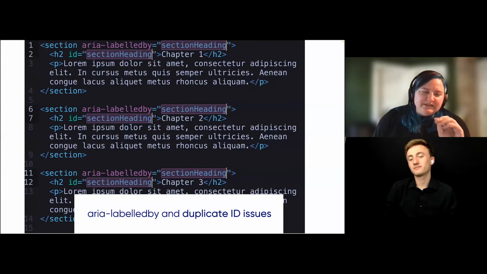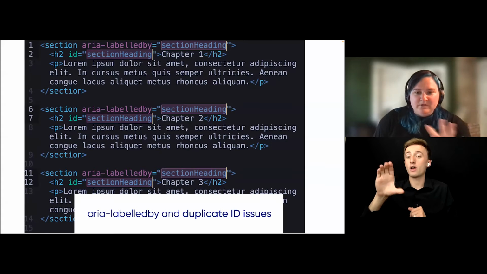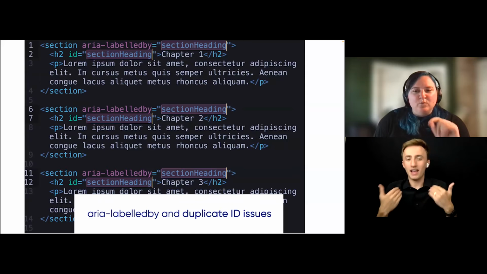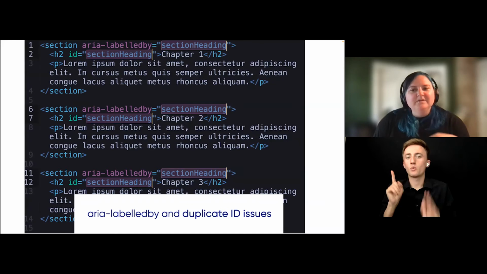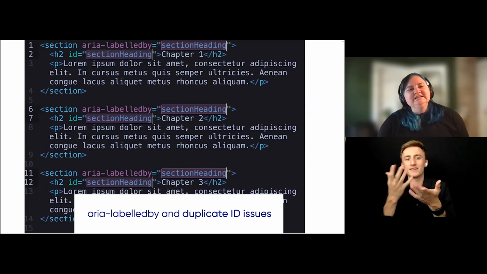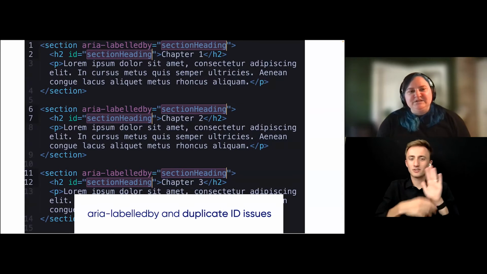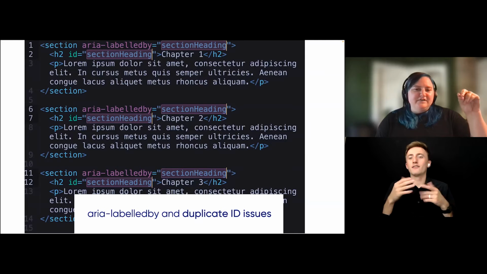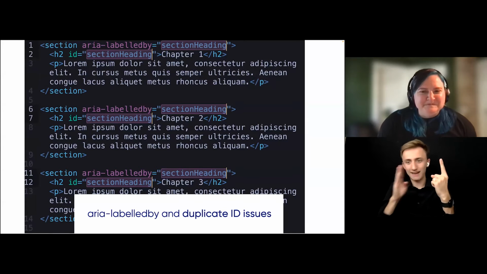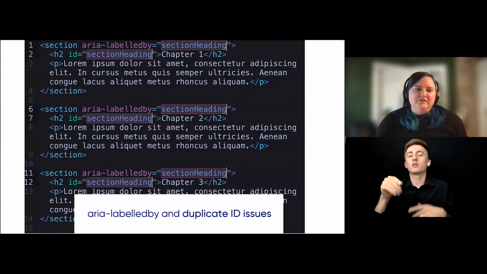And I will say just quickly that the outcome of this problem is going to be that each of the sections have an accessible name of chapter 1, which is a problem because that is not true, right? So we're giving bad information to our end users. Each section would be called chapter 1 because of the nature of an ID having to be unique in the document. It would only find the very first one and never go beyond that. Problem, right? So something we need to check for if this is in our code review implementation.